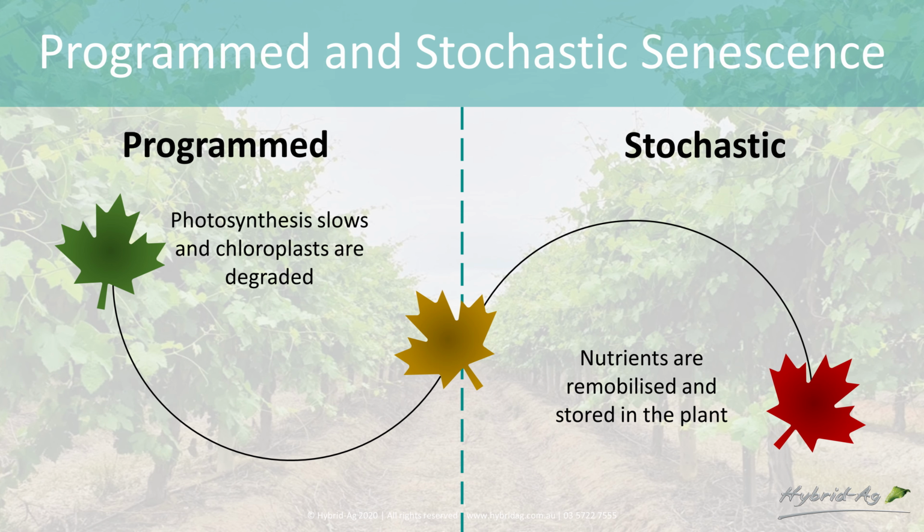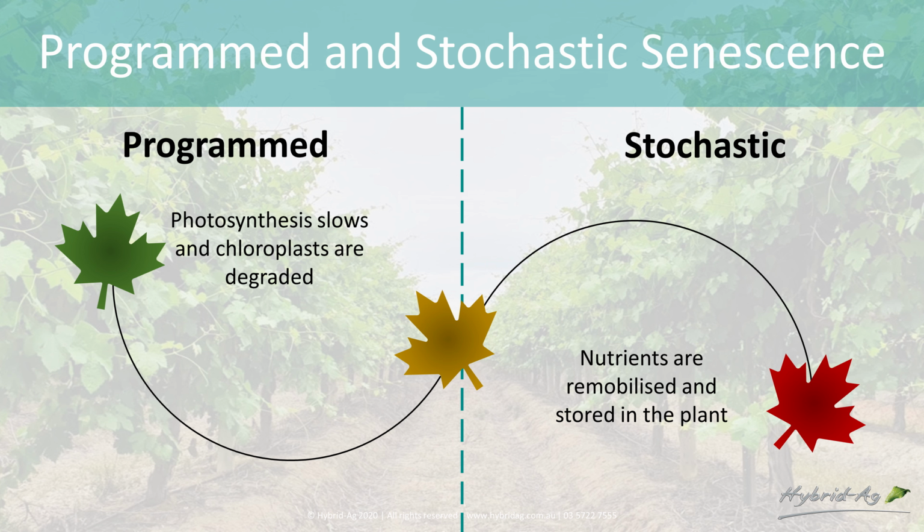As Andrew referred to before, there's 2 elements of senescence, which are programmed senescence and stochastic senescence. The overarching concept here is that senescence begins as a plant-regulated process, which is controlled by the plant, and then it progresses to stochastic, which is basically random cell degradation later in the senescence cycle. To understand how plants can store nutrients within their different carbohydrate storage sinks, we need to understand these 2